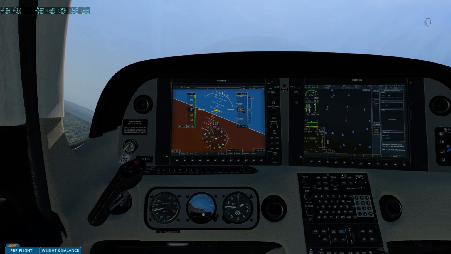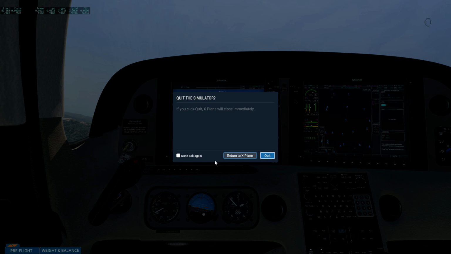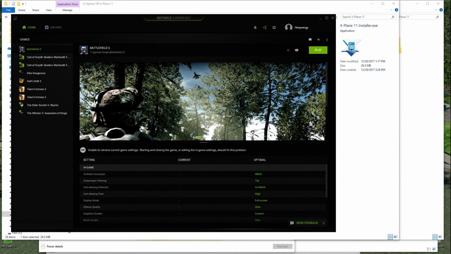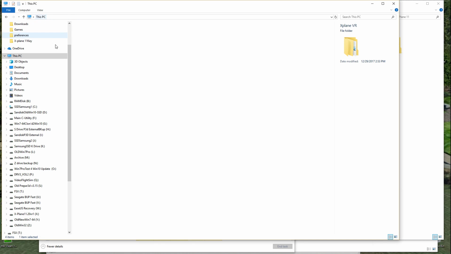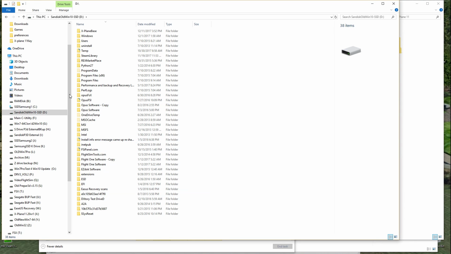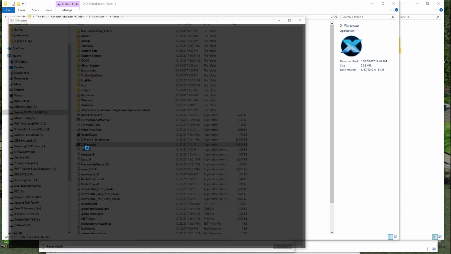This is bullshit. This is total bullshit. We're not going to do this. We're going to fly my... no, I'm not going to do it. I refuse. I got all my buttons set up, and we're going to go to X-Plane, this PC, we're going to go to our D drive, and we're going to go to X-Plane base, X-Plane 11, and fly it. If it doesn't give me any troubles,